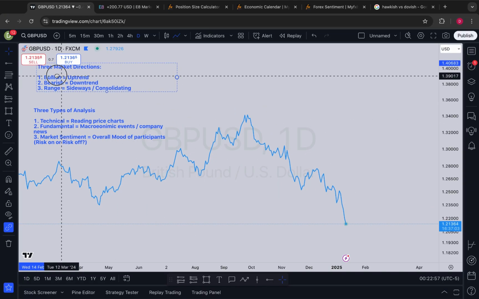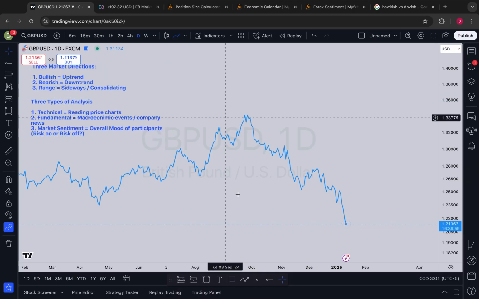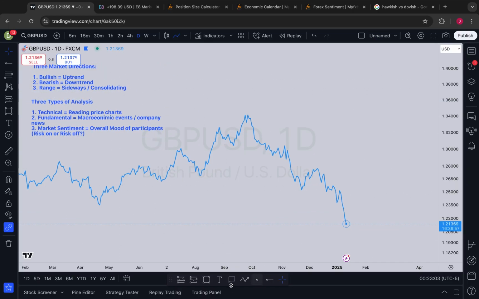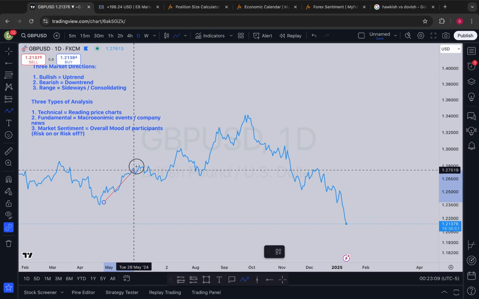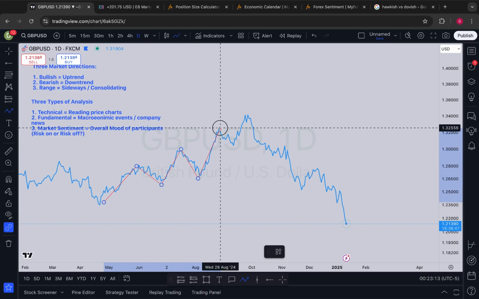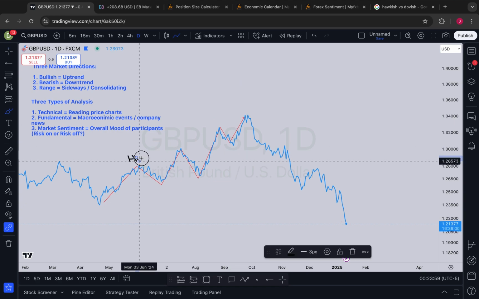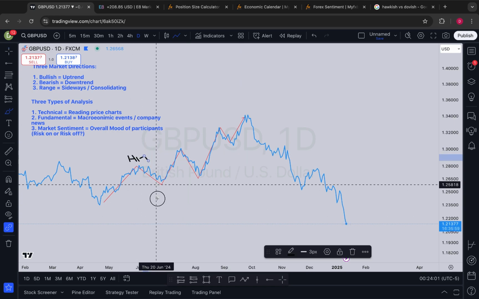All right. So now we got these out here. We're going to go over the market directions. So this is pretty simple, honestly. An uptrend consists of higher highs and higher lows. So what is that? Right here, high, low, higher high, higher low, higher high, higher low, higher high. So you have higher high, and we have higher low,